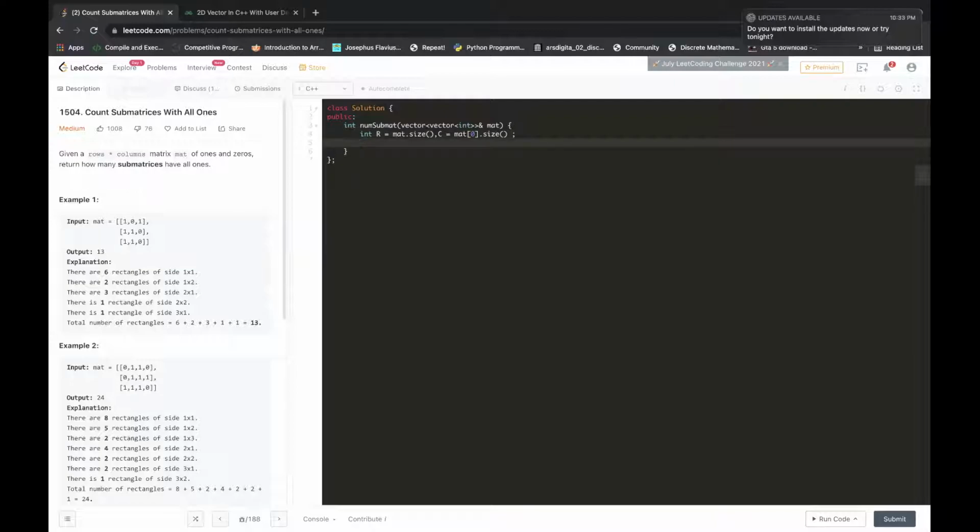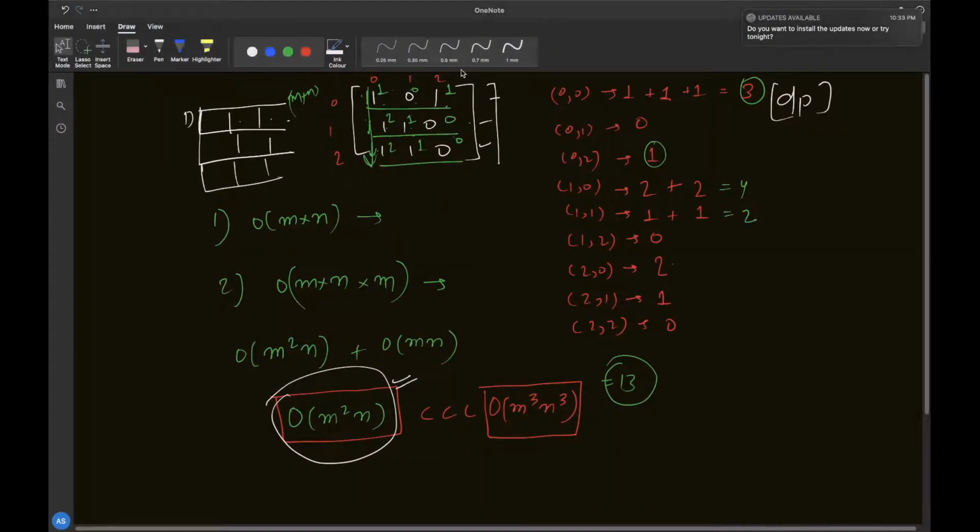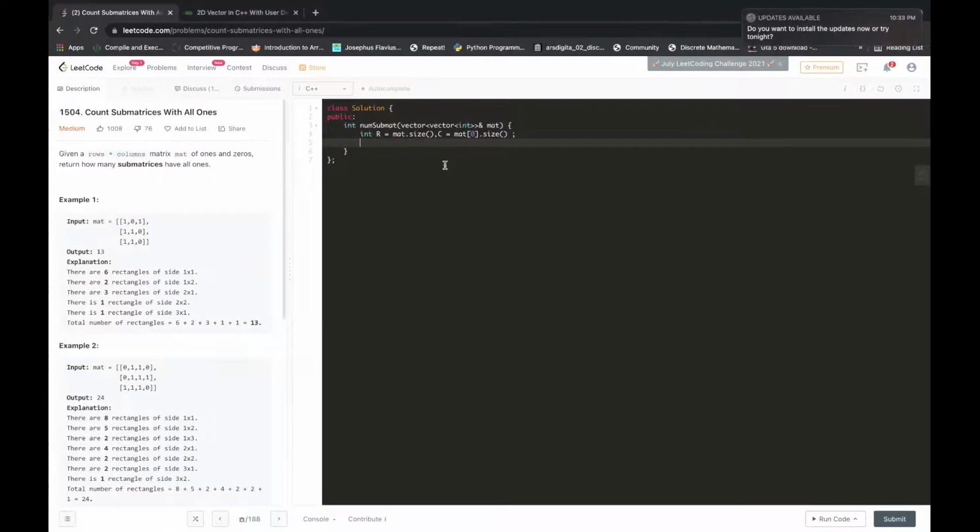Once we have the row and column, we have to calculate this array for every row, and we can actually use the existing array only.